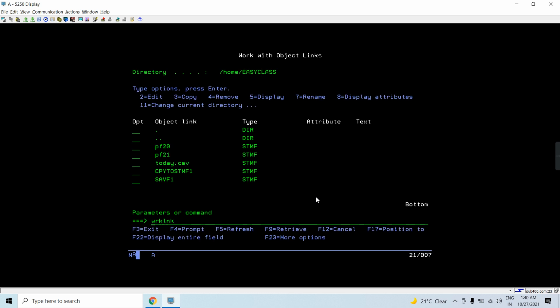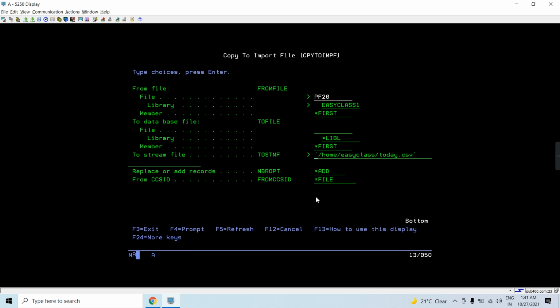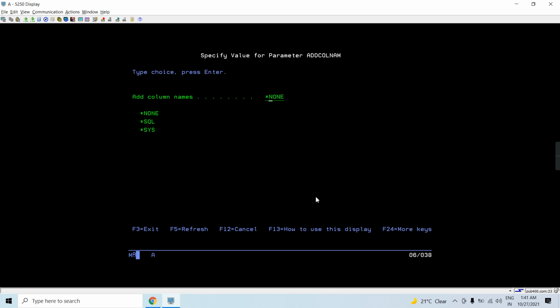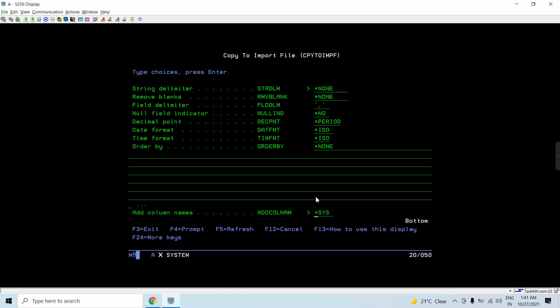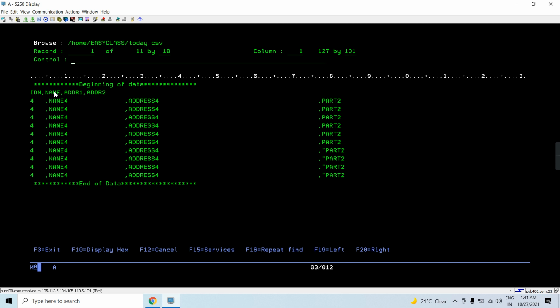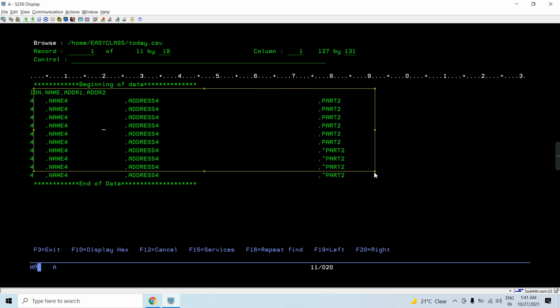Now at the IFS, we can replace this file with new data. So we can add the column names. The column names could be system column names, or if it has SQL names, that is long names, then we can assign those. I would be using system and press enter, so I can have the system column names as well. They are separated by comma, but as you can see, we are getting it like this, and that's not in sequence.